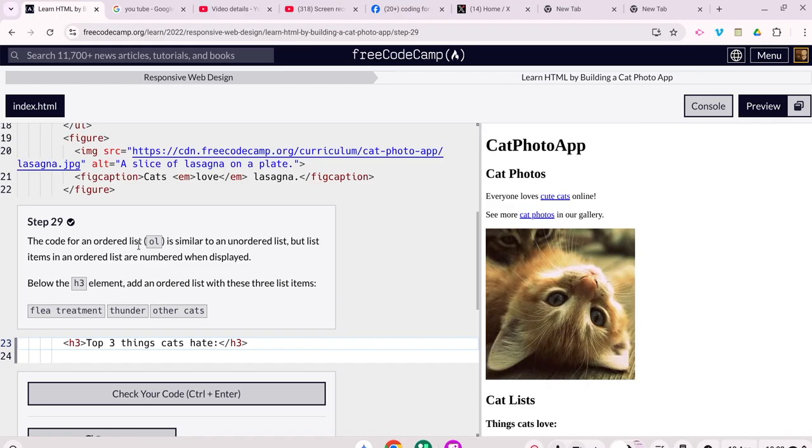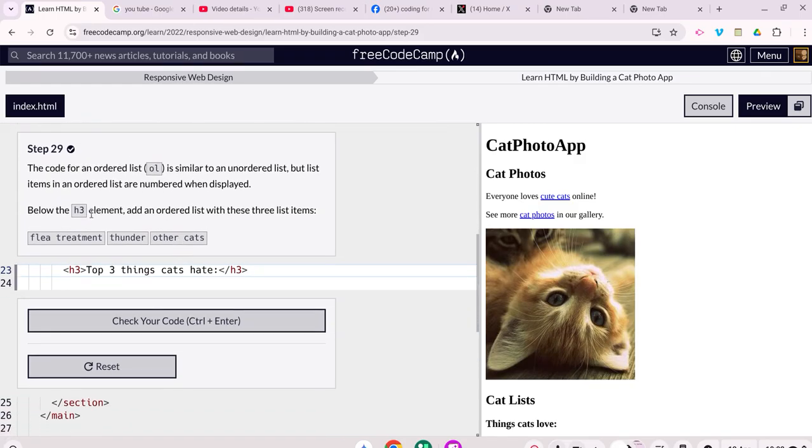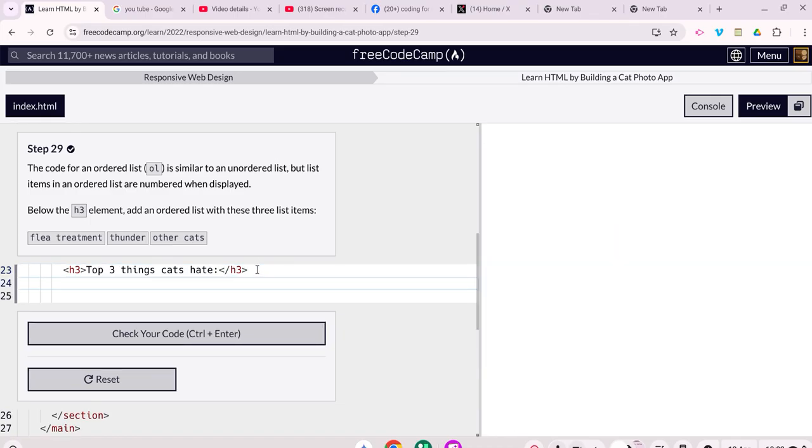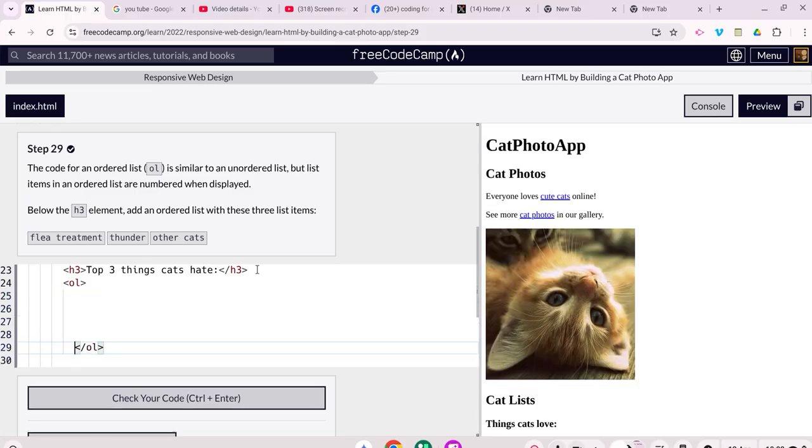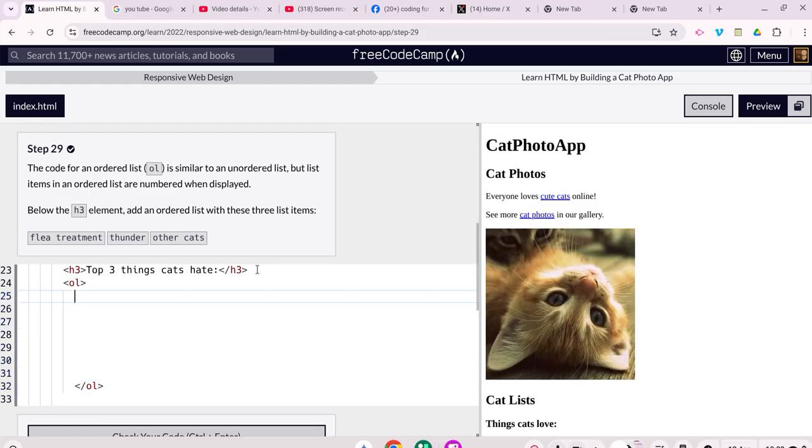So the code for an ordered list is OL. It's similar to an unordered list, but the list items in an ordered list are numbered when displayed. Below the H3 element, add an ordered list with the three list items: flea treatment, thunder, and other cats. As I say to you, you can copy and paste, or you can just type them. So again, it's an OL tag, a closing OL tag, and in between your OL tags we need